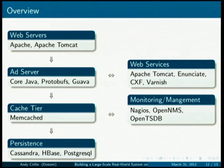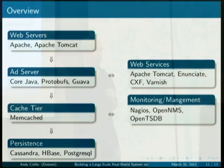Yeah, and then the last piece. As I mentioned, the web services stuff is not as performance critical, but the way that we make sure that it's not performance critical, or that our web services tier doesn't have to scale to the same extent that the rest of our stuff does, is that we use a web cache called Varnish. So we have one web cache in each data center that is very high performance, and we put the web